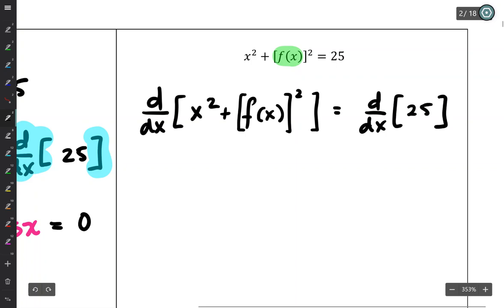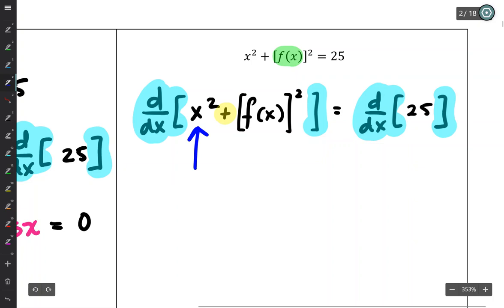I didn't do any math, I just wrote down that I'm going to take the derivative of both sides. The left-hand side is put together with addition, which allows me to compartmentalize my thinking. I'm going to first just take the derivative of x squared,